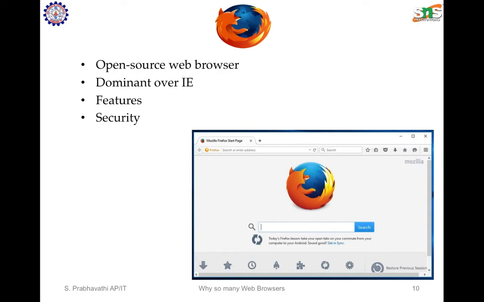And coming to security, being an open source web browser, Firefox is constantly reviewed and updated by thousands of security experts. With the help of Google, the Firefox team has developed a protection against untrusted sites. If the site we are entering is suspected to be malicious, Firefox will show a message indicating that we shouldn't go further.